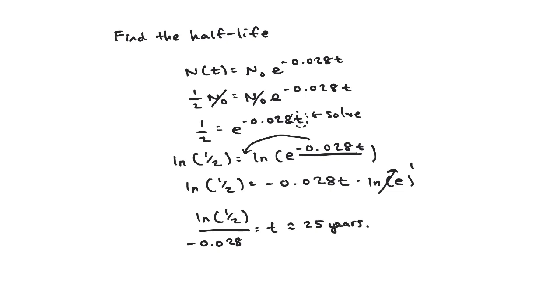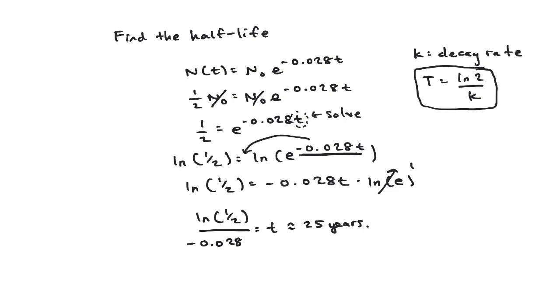So for half-lives, we have a special equation given the decay rate. If k is the decay rate, then we can say that t is equal to the natural log of 2 divided by k, and this is the calculation that gives us the half-life t based on the decay rate. And again, this will be useful for your quiz and also useful for your test,